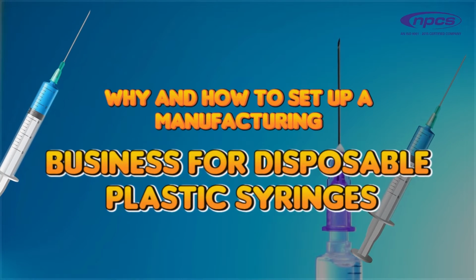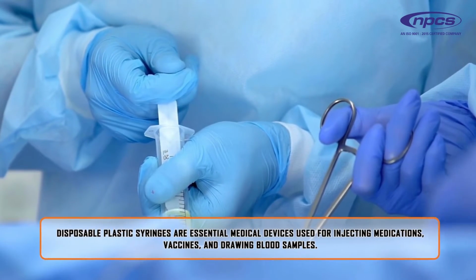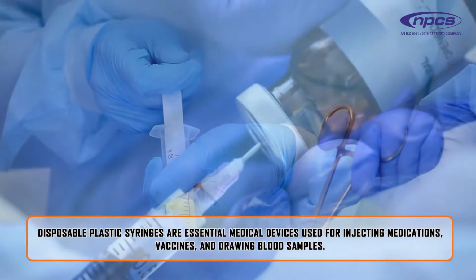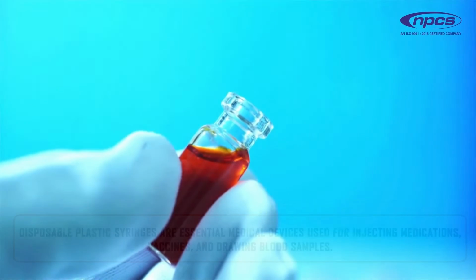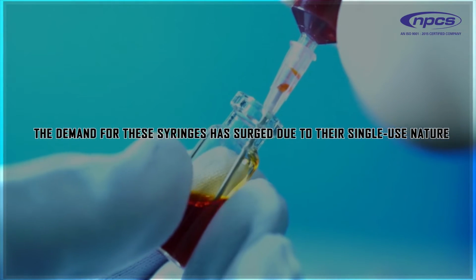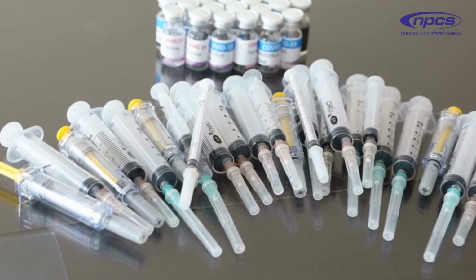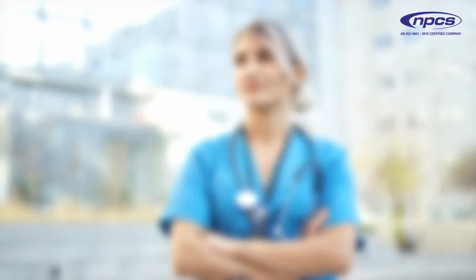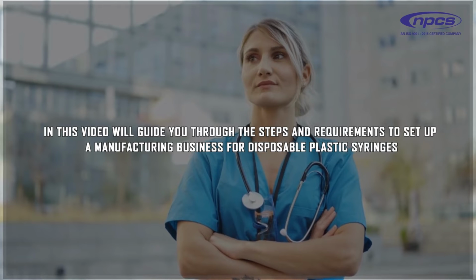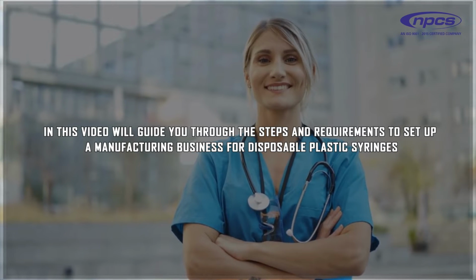Why and how to set up a manufacturing business for disposable plastic syringes. Disposable plastic syringes are essential medical devices used for injecting medications, vaccines, and drawing blood samples. The demand for these syringes has surged due to their single-use nature, which prevents cross-contamination and the spread of infections. In this video, we'll guide you through the steps and requirements to set up a manufacturing business for disposable plastic